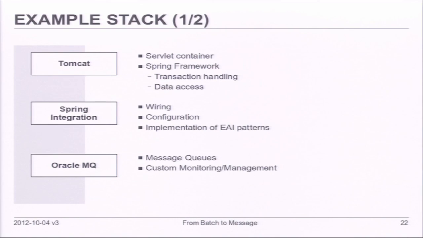As a message broker, they decided to use Oracle AQ. This is just a JMS implementation that is available inside the Oracle database that comes for free with it, and that is used internally for replication between different Oracle database nodes. It's quite nice because you can use the same transaction for your database access and for the JMS transaction without having to worry about things like two-phase commits or something like that.